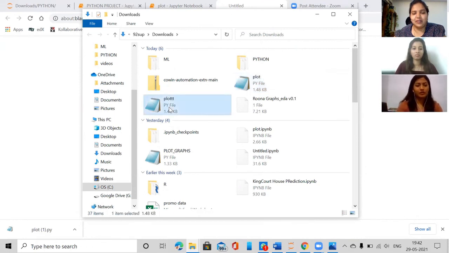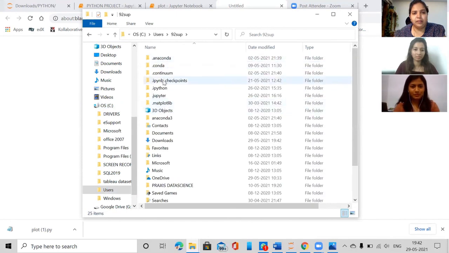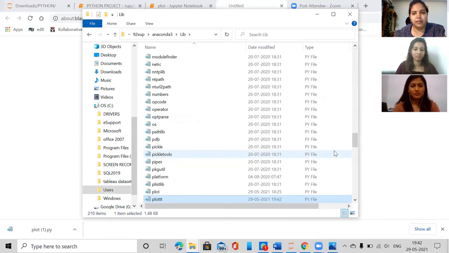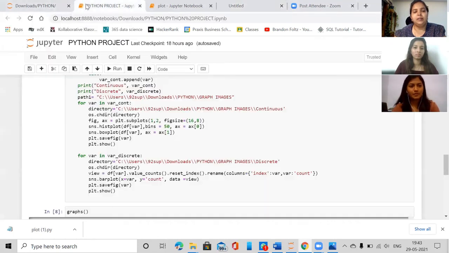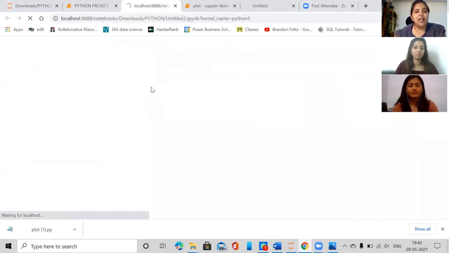Okay, then what do I need to do next? Just save it in Anaconda. Sure, let me do it. Okay, I've done it. Now you can import it in any of your EDA related programs where you need to use this. And you can share your package with me as well.